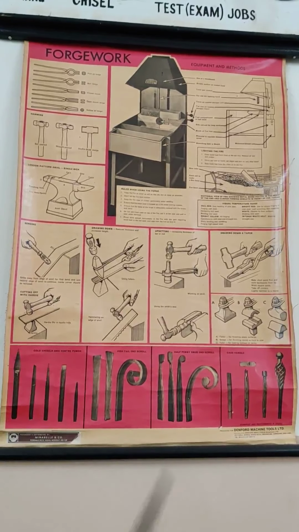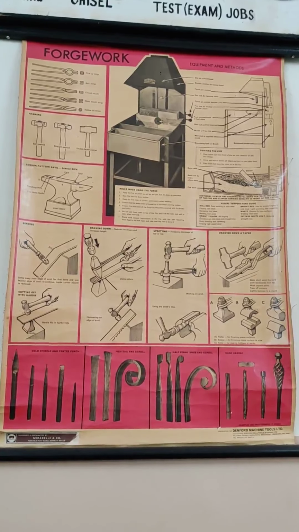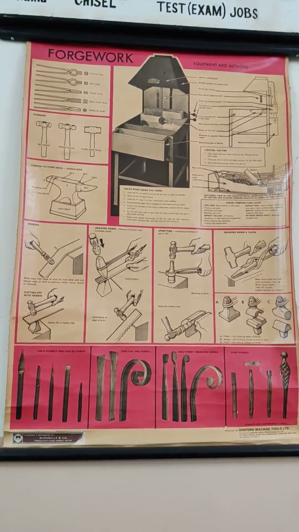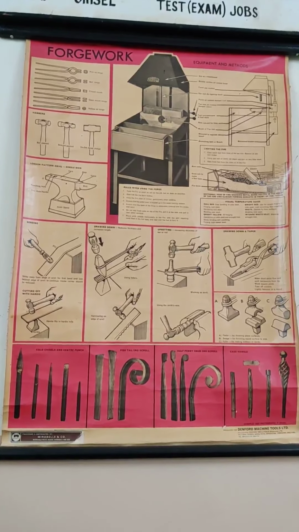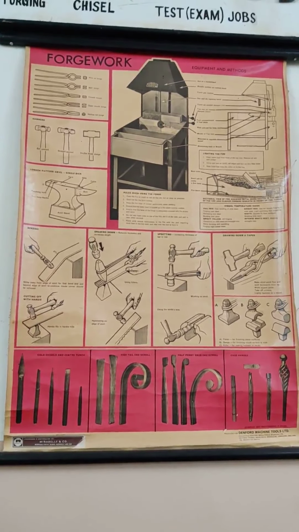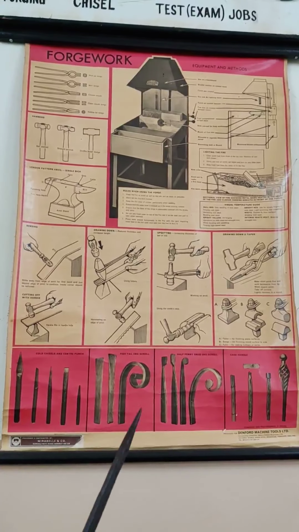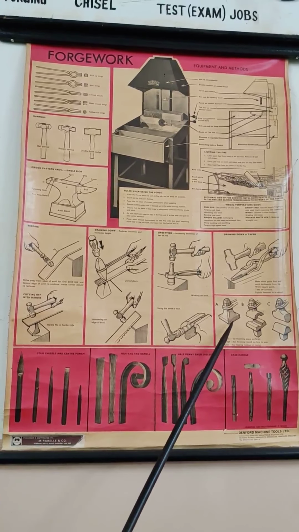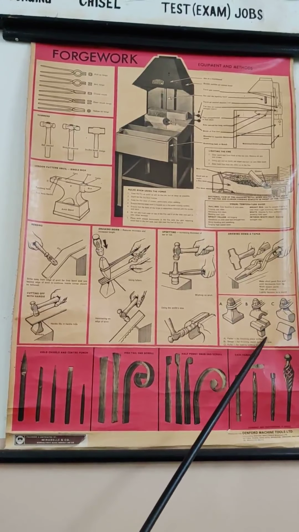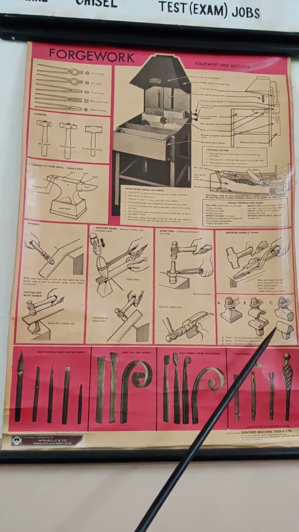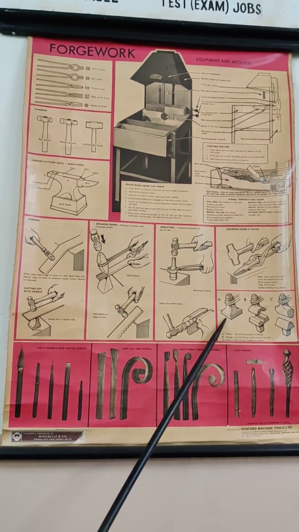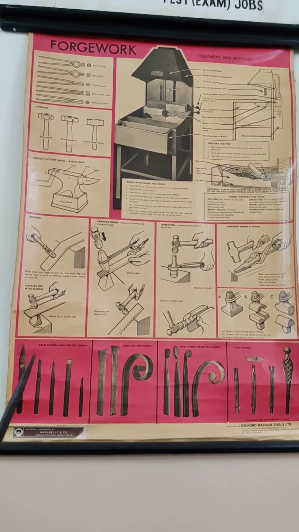Okay, as we have seen some of the tools. The tools that we have seen are the hammers, then the tongs, then you have seen the anvil, the swage block. Here we will see some more tools, and they are the fuller, then this is the swage, this is the fuller, swage, and the flatter. This is for getting a flat surface.